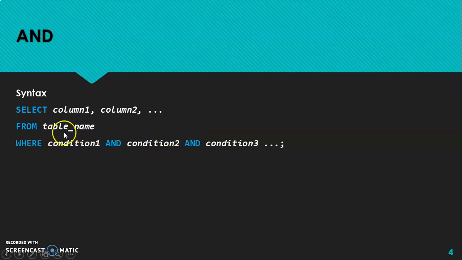Two conditions are compulsory for AND. So if this query wants to generate a result, then all the conditions that are participating in the where clause should be true. If I consider just three conditions, 1, 2 and 3, all the three conditions should be true, then only I will get some result set.